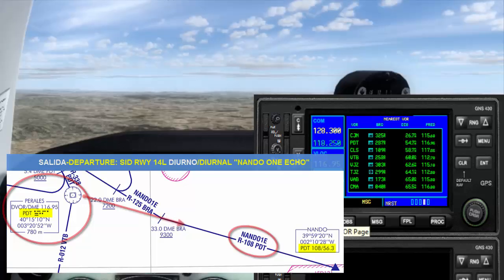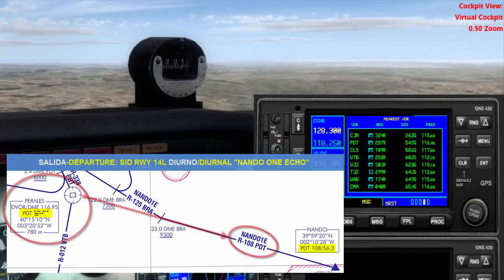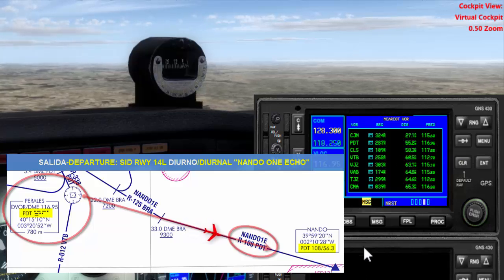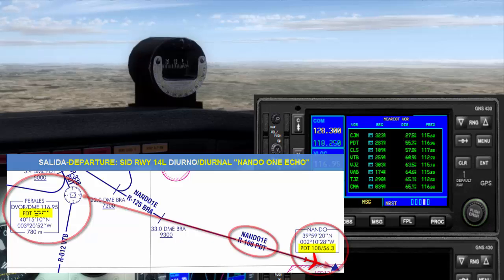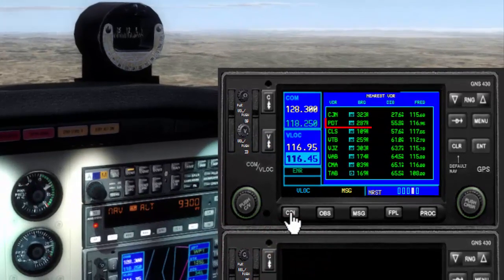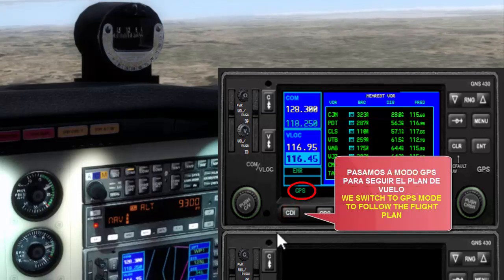Okay, I am showing you the NANDO ONE ECHO departure that we are following, and as you may know, we are following radial 108 from the Papa Delta Tango VOR, which is the Perales VOR, and our goal is to reach a certain point, which you see in yellow, and also put your circle, to follow the radial 108 and to reach a point at a distance from the VOR of 56.3 nautical miles. And we are very close to that point, and right now, yes, right now we need to switch